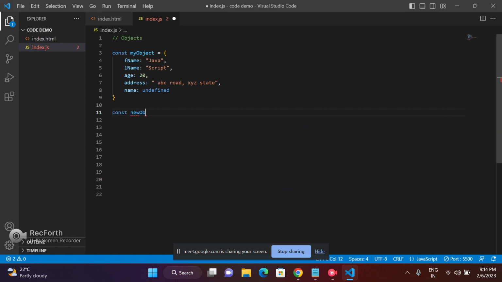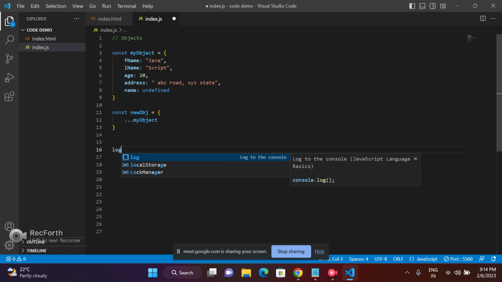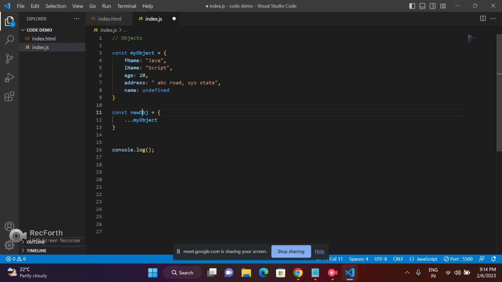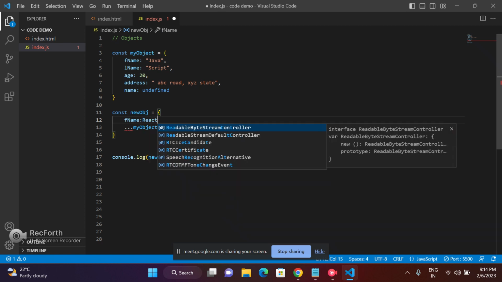Over here, if you want to create a new object, what I can do is this. What will line number 12 do? That is the rest operator, bro. So what will happen? Everything under my object will come: fname, lname, all those things. Now if I do likewise,